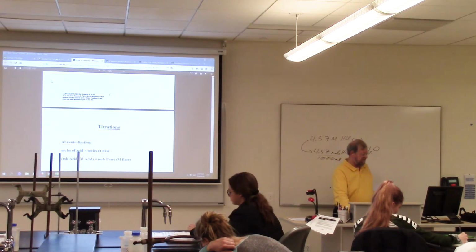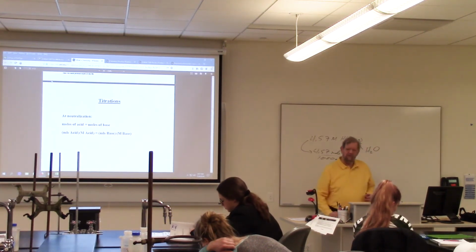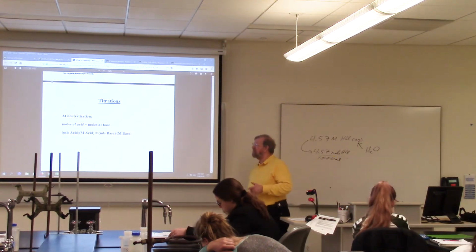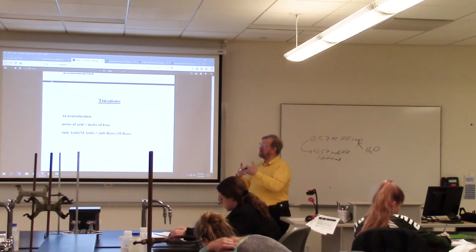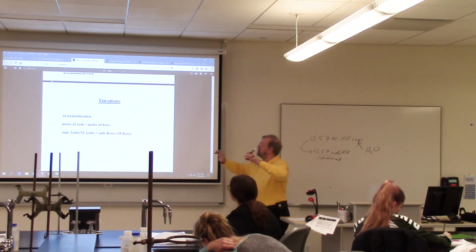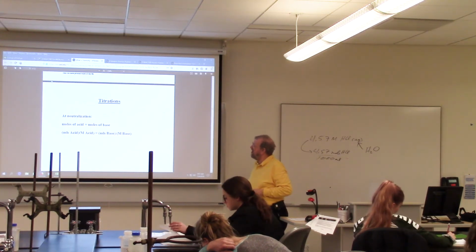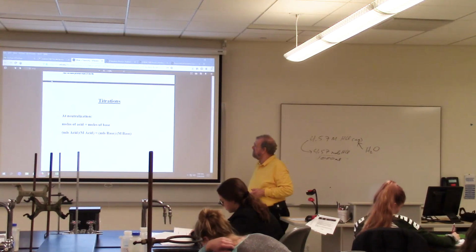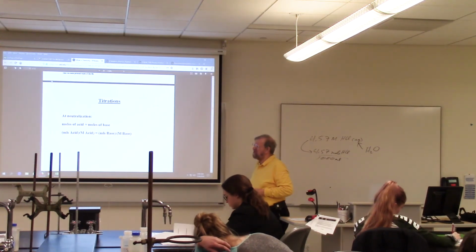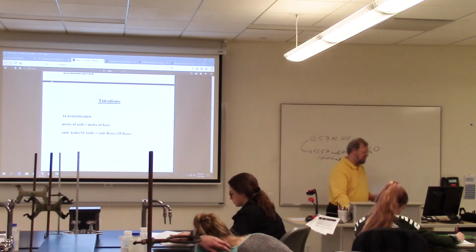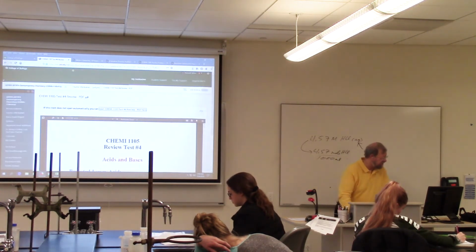And there's buffers. And for titrations, you should know when the pH is neutral, when one thing neutralizes another, acid and base, moles of acid equals moles of base, and therefore you have milliliters of acid times molarity of acid equals milliliters of base times molarity of base. And if we go back to the problem sets,